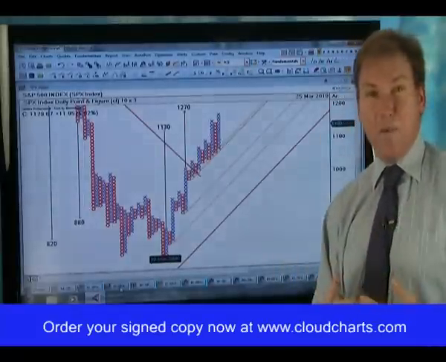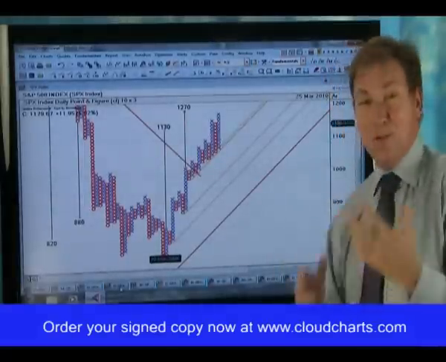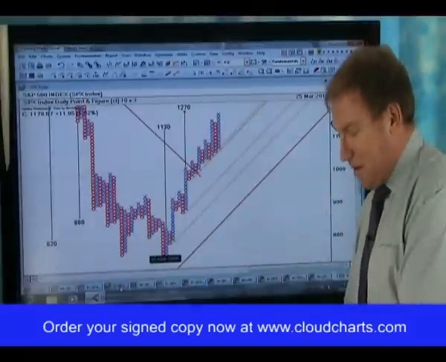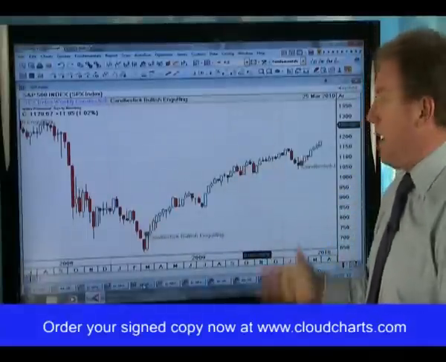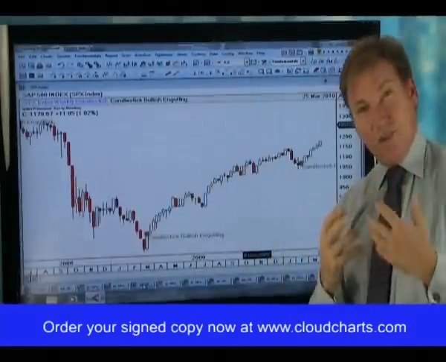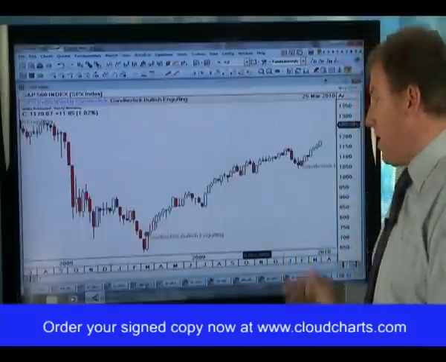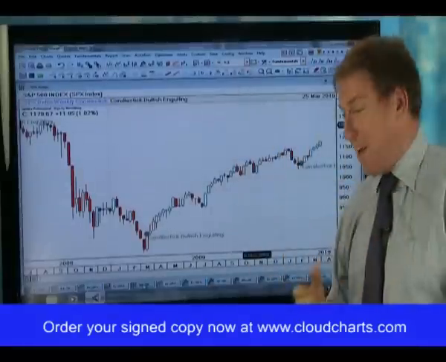Personally, I've reached a point where if I had to choose one chart, I would probably choose the cloud chart. Point and figure would probably be the next one because of all the trends and targets. And candlestick charts are an integral part of the cloud chart, and as a result there's a chapter on candlesticks,